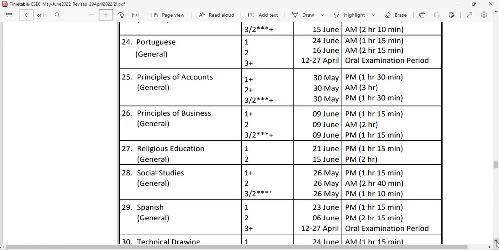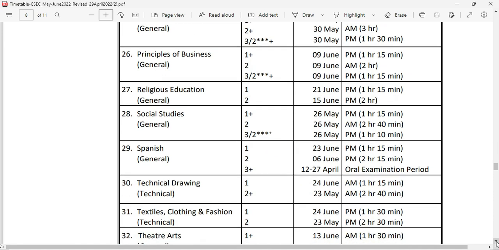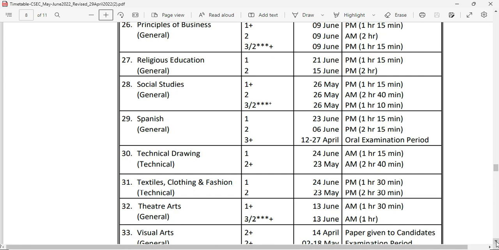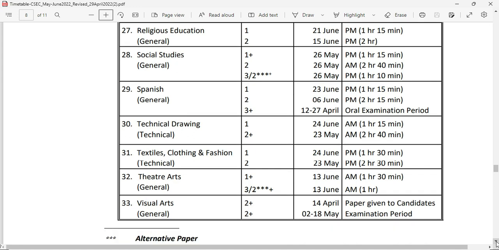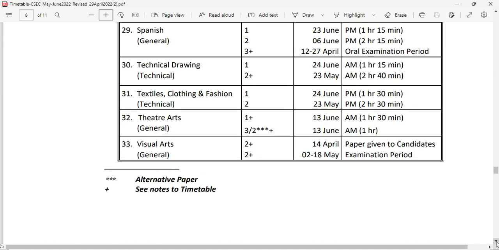principles of accounts 25, principles of business 26, religious education 27, social studies 28, Spanish 29, and just a reminder, the exams are listed here in alphabetical order. 30, technical drawing, 31, textile clothing and fashion,